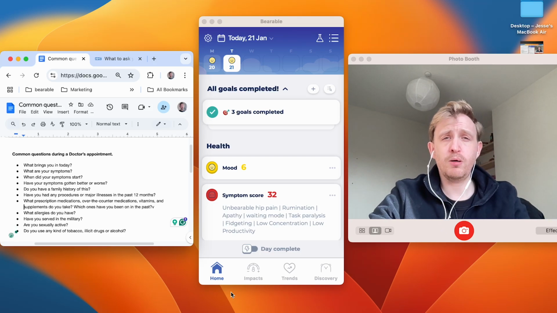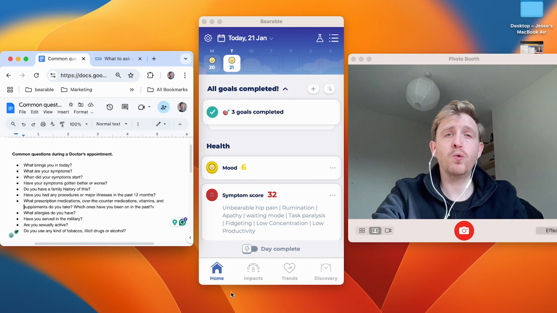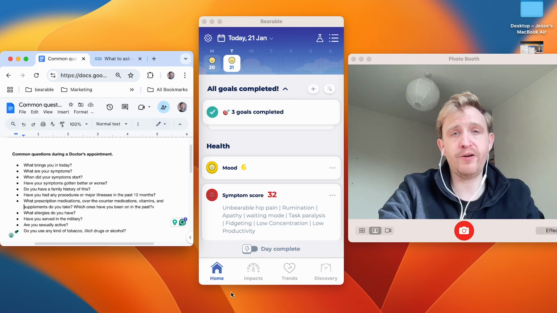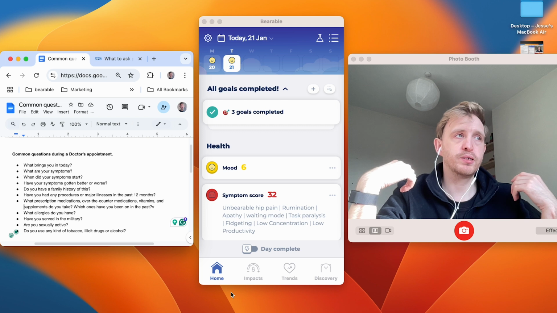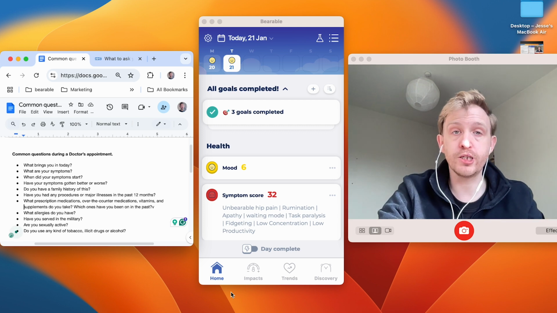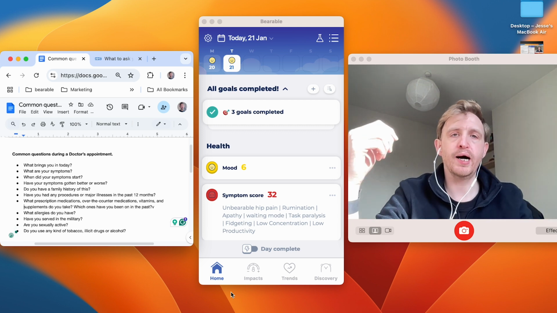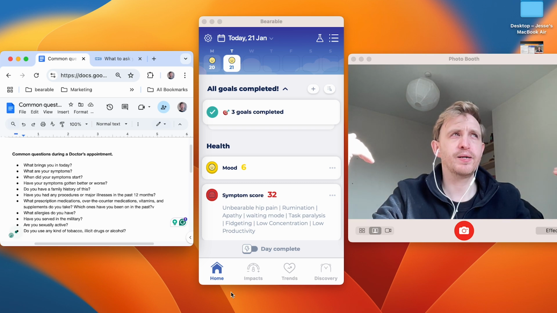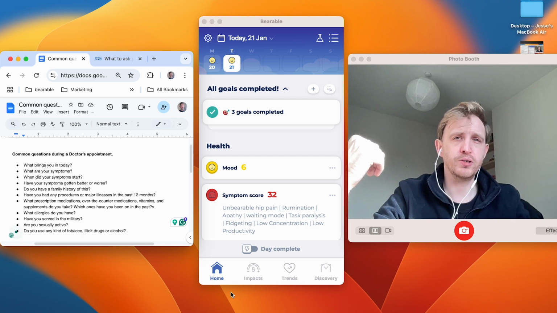One of the most common questions we get is, what data should I share with a doctor or a therapist? How do I prepare for a medical appointment? What kind of data should I share from within the app ahead of an appointment? I just want to run through the way that we think it's helpful to set up Bearable so that you can speak to your doctor and answer their questions in a way that's going to be useful.